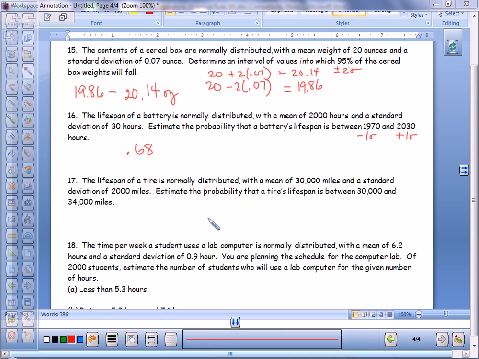We want it between 30 and 40. So if we looked at our curve, this is our 30,000 right here. And then 2,000 is 1 more standard deviation. And then 2,000 is another standard deviation. So we're just here and here. This is 0.34 and this is